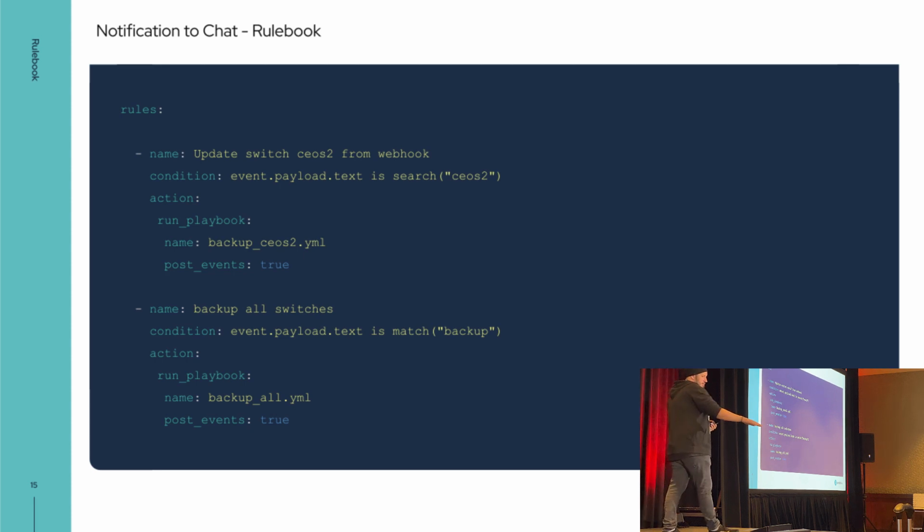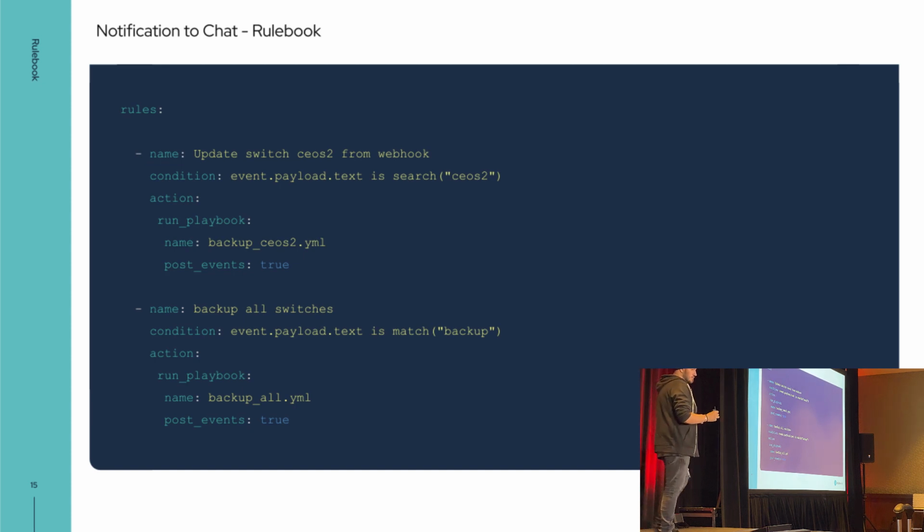You do have the post events. Remember, we spoke a little bit about the post events, saying that we want the feedback. Why would we want the feedback? In this example, we're doing a backup. We want to make sure that that backup actually takes place and that it completes. Hence why we want that feedback. Likewise, in the secondary condition, you can see we're looking specifically for a match, a solid match. So I just wanted to show you that